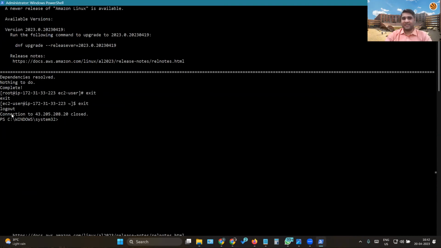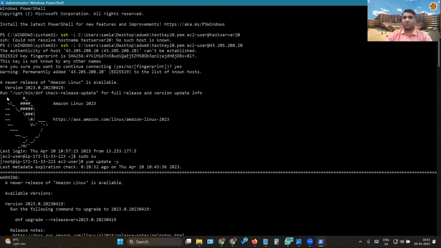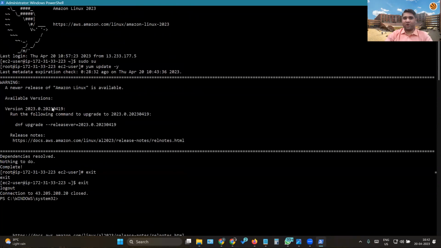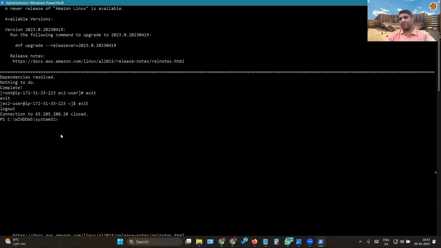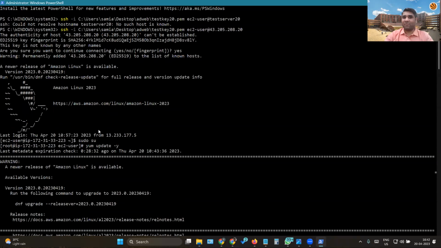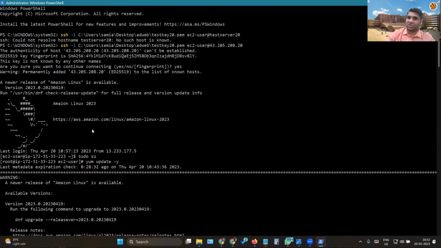Now, as soon as I type exit, see the connection to this particular server is exited, and I'm back to my Windows PC. Earlier, I was running the root system, direct server access. But now I'm back. Whatever command I execute will now get executed on this system. All these commands earlier were getting executed at a remote server, which was the server I connected to.